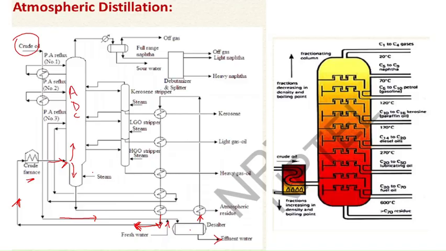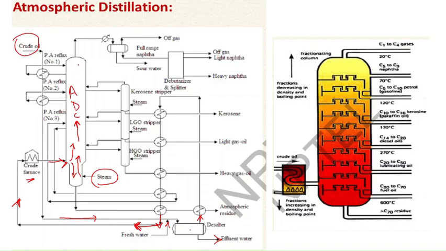So for that purpose, we have introduced steam from below of this atmospheric distillation column. If there are any lighter cuts present in this liquid portion, then this steam takes those also with it. So this steam with the lighter cuts, along with the lighter cuts from the feed from our crude oil, goes up through different bubble caps and through different trays.